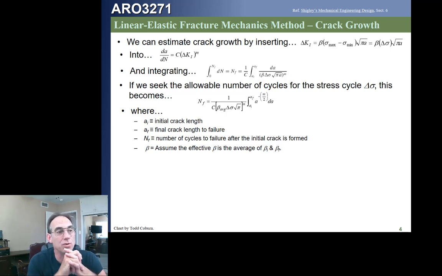So what we're going to do when we use continuous calculus to estimate the number of cycles is we will figure out what our beta is initially, what our beta is finally, and we will take the average of those. We'll then plug that average into this equation, and now we can integrate it, the solution of which is shown here. And then we can use that to estimate the number of cycles to failure from the time we find that initial